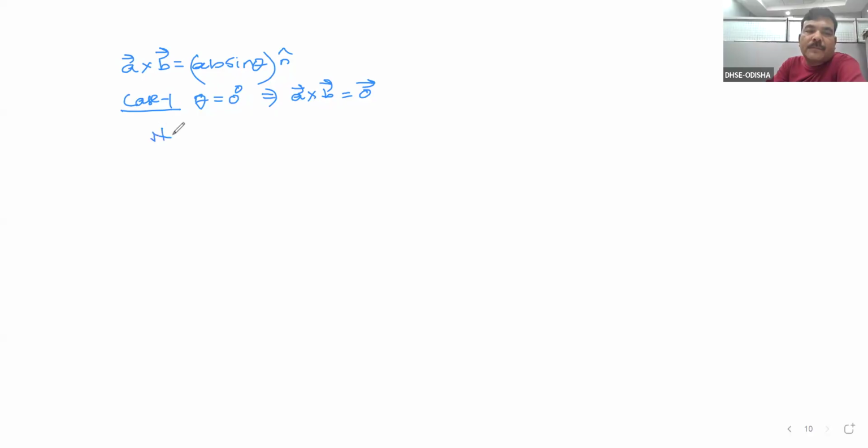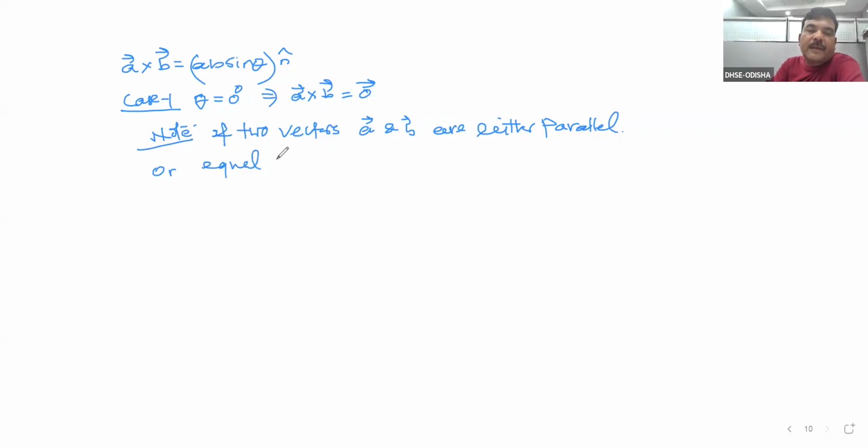Note, if two vectors A bar and B bar are either parallel or equal, then A cross B equals 0. Clear? Case 2, theta is equal to